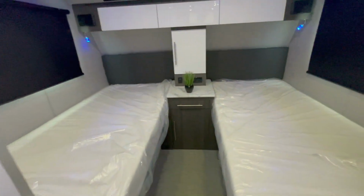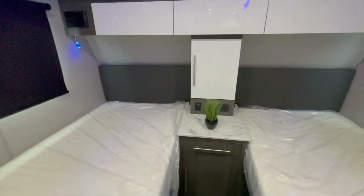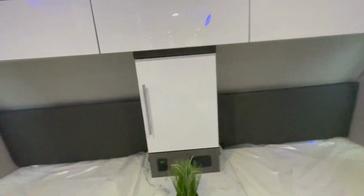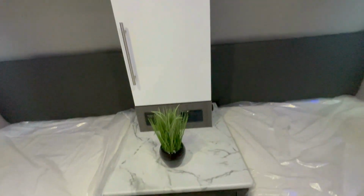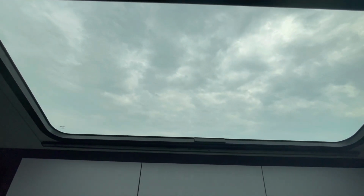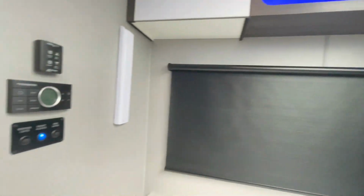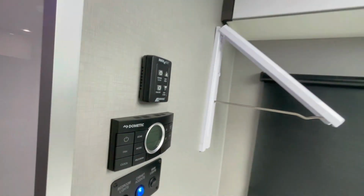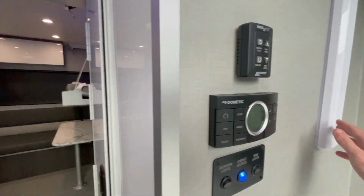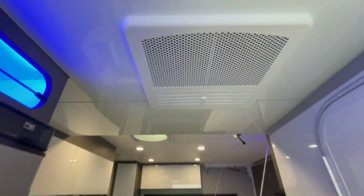Into the bedroom, equipped with the twin bunks. Like I said, maximizes sleeping capacity. More storage overhead there, and in the front down here with your outlets and your USB chargers. More overhead storage there, and this awesome skylight. Awesome views wherever your journey takes you, and really brightens up the room. Also got these awesome hangers. You can use them whenever you want, but if not, out of sight. AC here. And you got a fan there,